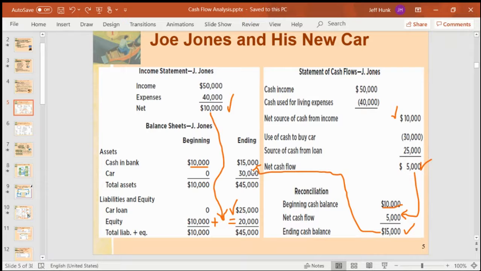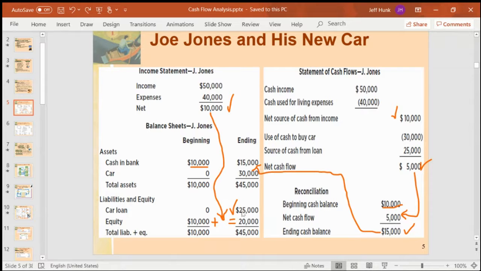And at the end of the year, his cash holdings increased to 15,000, and we're going to look at the reason for this increase. And he bought a car, which is a $30,000 car, and we'll also look into the source of this $30,000. Of course, part of it is a loan. Now, his total assets are 45,000,